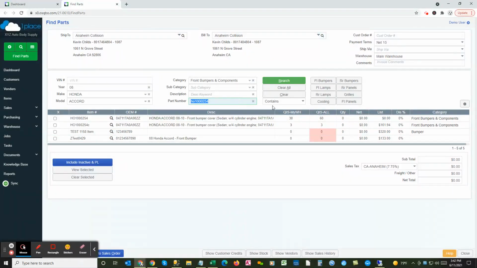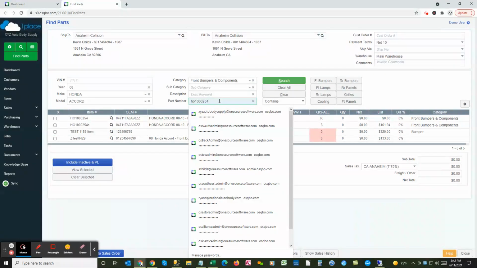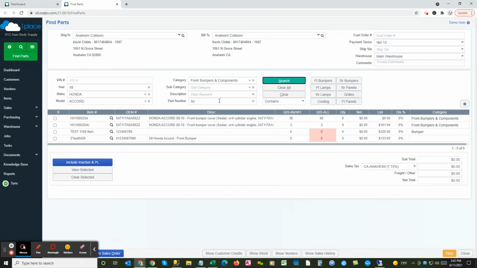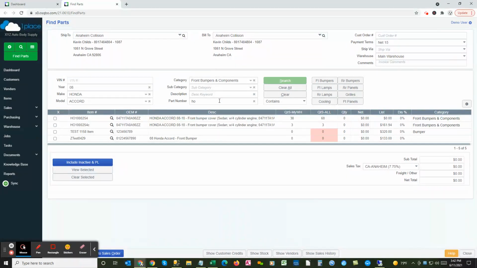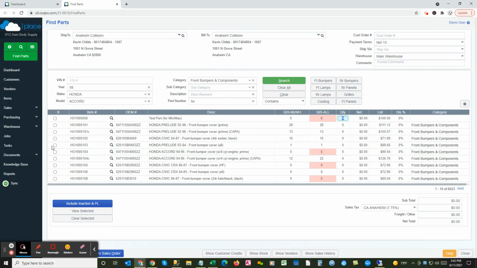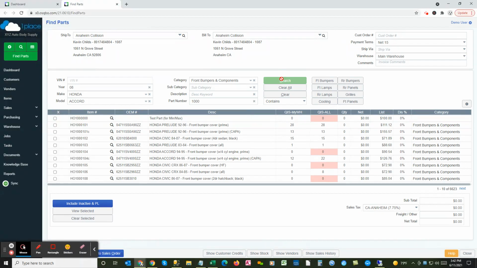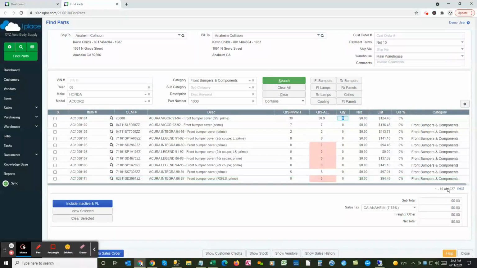I could even search for just HO, and that's going to show me, in this case, all the parts that start with HO or that contain HO. There's 6,000 parts. Maybe I just want to see front bumpers. That's part type 1,000. That's going to show me 4,000